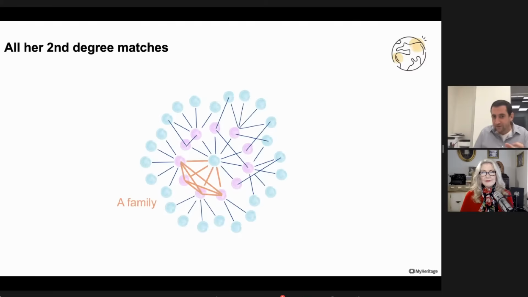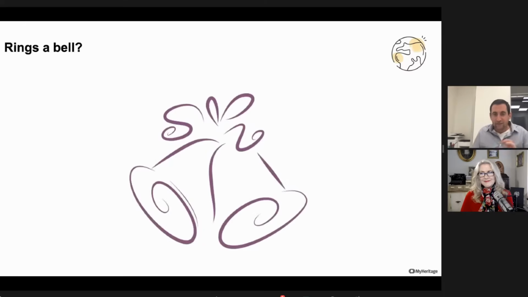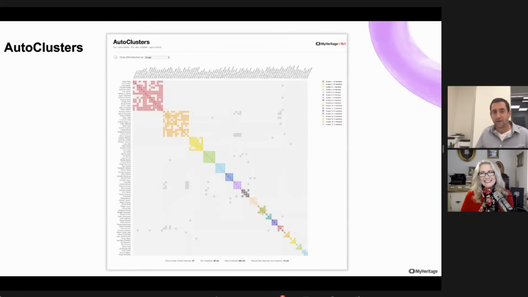And when the network is really tiny, when there are not a lot of people connected, that's probably a family. We see what you call a close family connected together, and that doesn't really tell a story about ethnicity or backgrounds or ancestors. And if that rings a bell, that's because those of you who are on MyHeritage and might have used